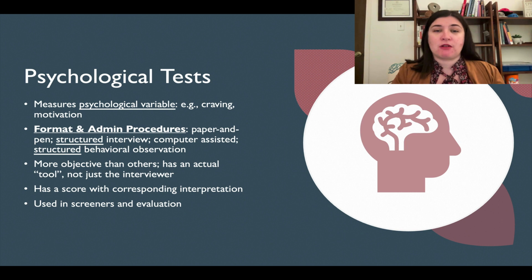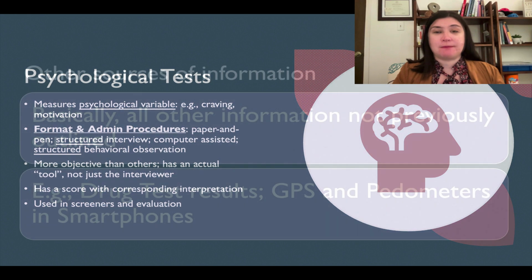When doing a substance evaluation, you don't want to just use the interview as your main gathering information. You also want to have some psychological tests to back up your data and your interpretation of the interview. These psychological tests typically have a score corresponding to an interpretation. So they leave it less subjective. So for example, if you score within this range, this means blank. This gives you, again, more evidence to show us why somebody has a specific disorder, as well as why a treatment program can be beneficial, because you have this data to back it up. Psychological tests are often used in screeners and in evaluation of specific programs or progress of their trajectory.